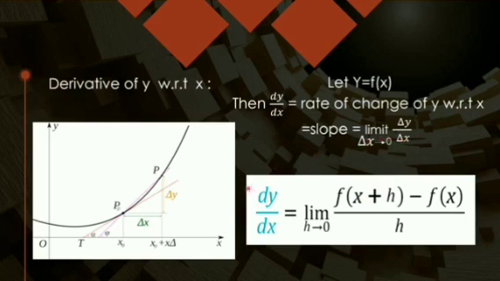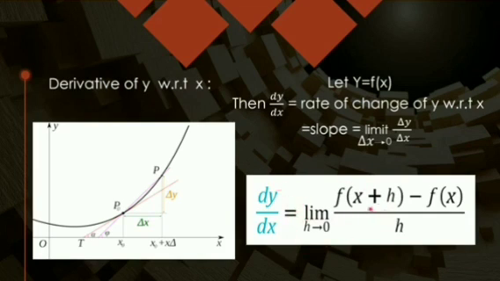It means I will be finding the slope of any two points on the graph, and this delta x has to be very, very small, approaching 0. Tends to 0 means approaches 0, but it is not equal to 0, and thus it can give me the instantaneous value, like instantaneous speed, instantaneous velocity, instantaneous acceleration. Whenever I have to find that, I will take the help of differentiation or derivative. Now this is by definition.